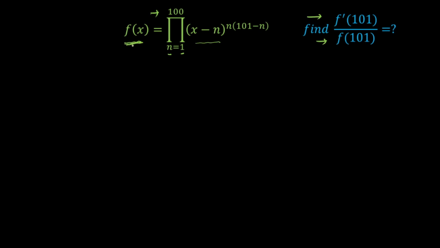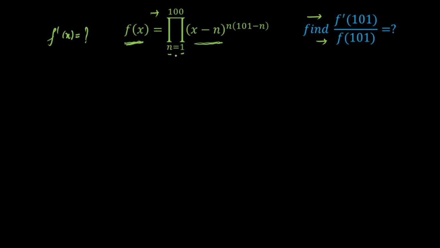Now f of x consists of a product of 100 terms. In order to calculate f dash of x, the first mistake you're going to make is to directly differentiate, which means you have to apply the product rule. If you apply the product rule here, you have to differentiate 100 times. Don't worry, the lockdown will still be there. If you calculate f dash of x directly, it'll take too long and be too lengthy.